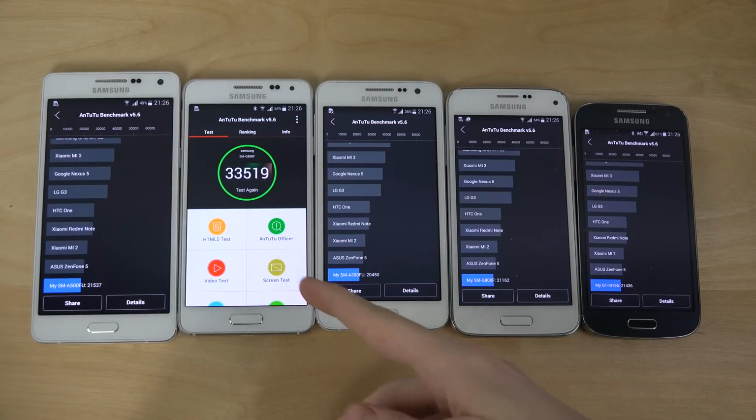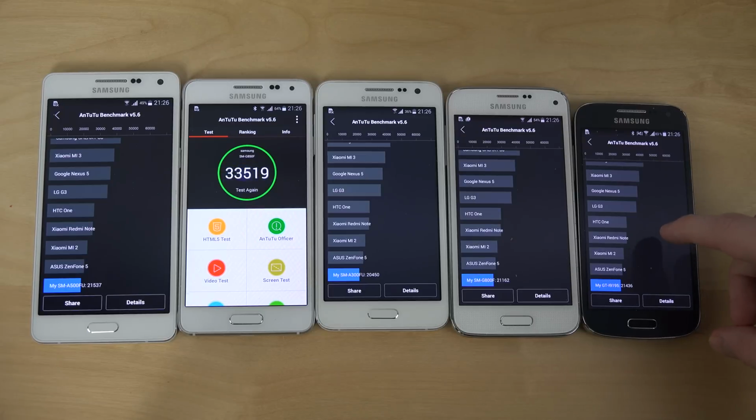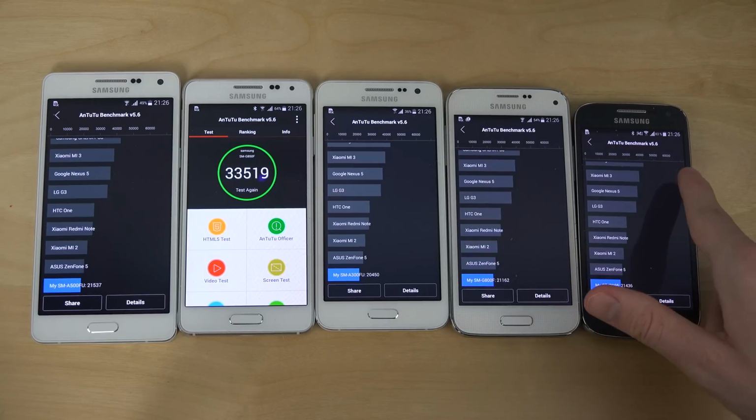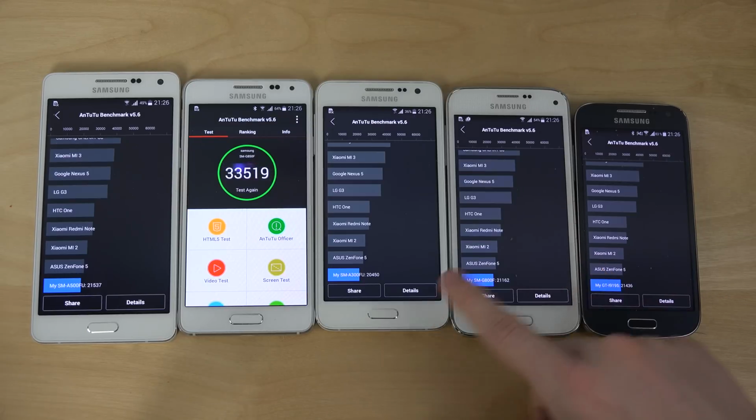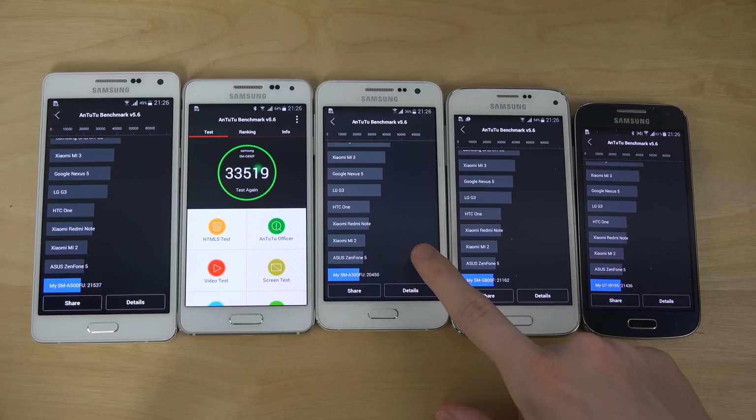But you can see here, this one, Alpha first. Which one is behind here? Wow, these are very, very close phones. 21,400. Yeah, okay, so the Alpha... Interesting how the Galaxy A5 seems to be the second phone here. Second best score, 21,537. And then in third place we have the S4 Mini, and then we have the S5 Mini. Wow, did that one get a better score than that one? That's interesting. And then this one's fourth place,